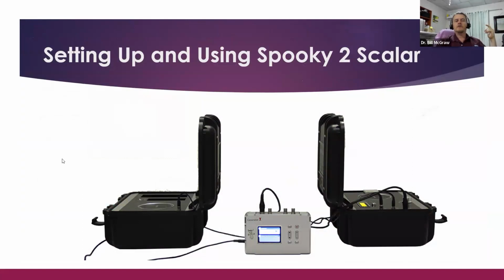So when we hook up our 2 Spooky2 scalar boxes, we put one on one side and one on the other of the person who sits in the center. We hook up our generator X to our Spooky2 transmitter. It's pretty easy. It takes all of about 5 minutes to set up, no more than that. And then we hook up our generator X to our laptop computer. The generator X has an adapter you plug in, and you fire it up, and you're able to run scans